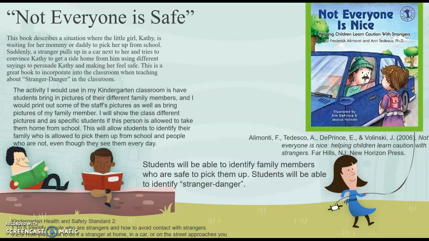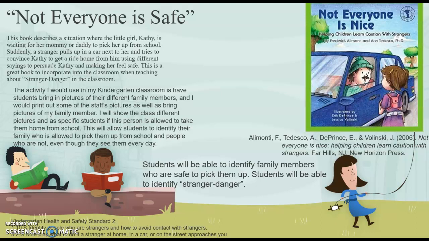So, my first book is Not Everyone is Safe by Frederick Alamonte and Anne Tedesco. This book is perfect for describing a situation where Kathy is approached by a stranger in a blue car when she's waiting for her mom or her dad to pick her up from school. And the man tries to entice Kathy to get into his car, and Kathy realizes that it's a stranger and